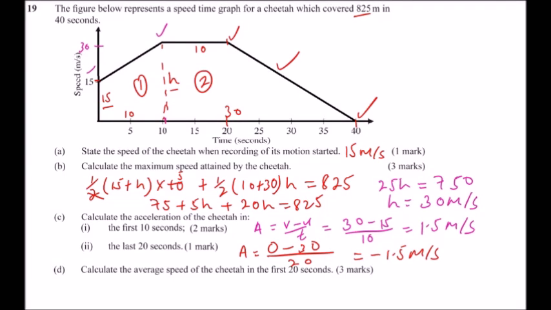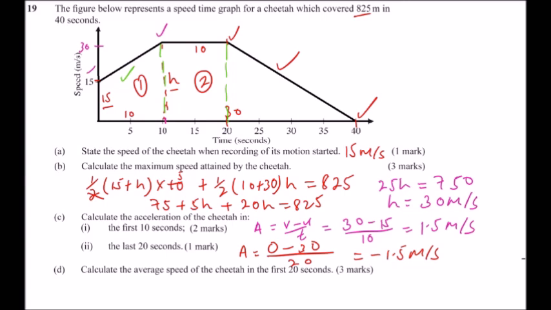So part D, we can divide. Calculate the average speed of the cheetah in the first 20 seconds. So 20 seconds is up to there. So we can divide this area to get the average speed. We can divide this area into 2. So we get the area of the first